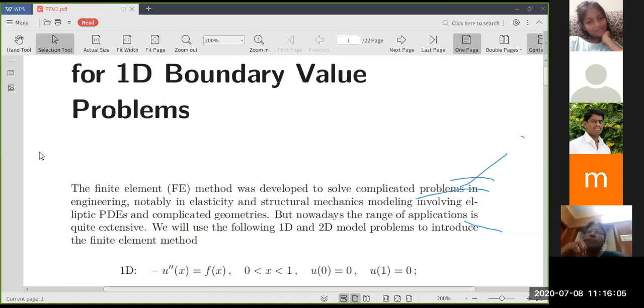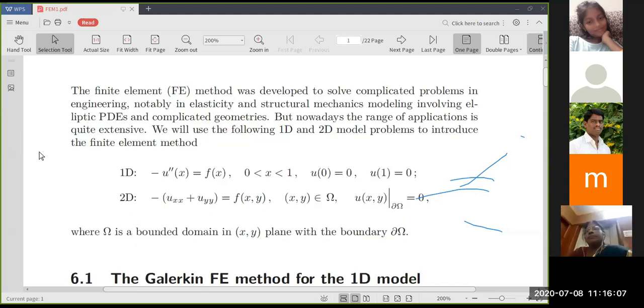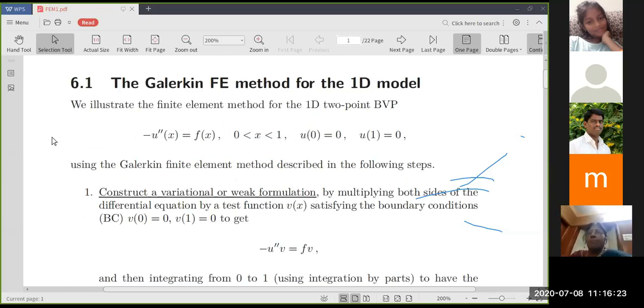Especially the finite element method has attracted a lot of engineers over several decades. People are very much interested in obtaining numerical solutions using the finite element technique. Now, to explain how the finite element method works, let me start with a basic